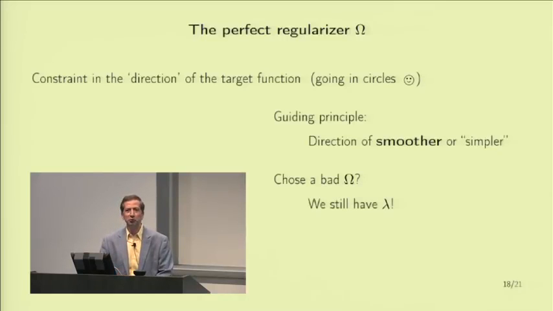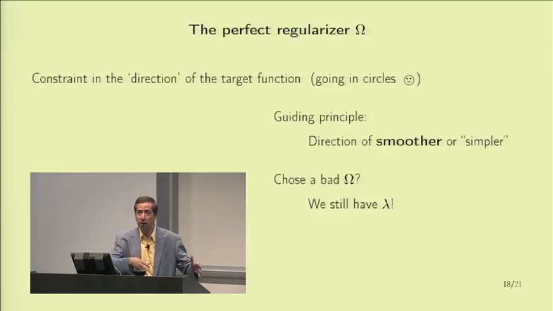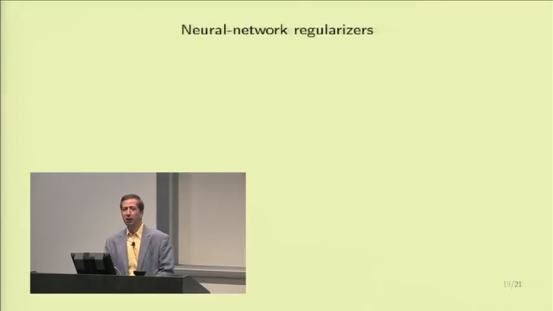We don't worry too much because we have the saving grace of lambda. We are going to go to validation, so you had better be here for the next lecture, where we are going to choose lambda. And if we happen to be unlucky that after applying the guidelines, we end up with something that is actually harmful, then, okay, the validation will tell us it's harmful and will factor the regularizer out of the game altogether. But trying to put a regularizer in the first place is inevitable. If you don't do it, you will end up with overfitting in almost all the practical machine learning problems that you will encounter. Okay. So now let's look at neural network regularizers in order to get more intuition about them,